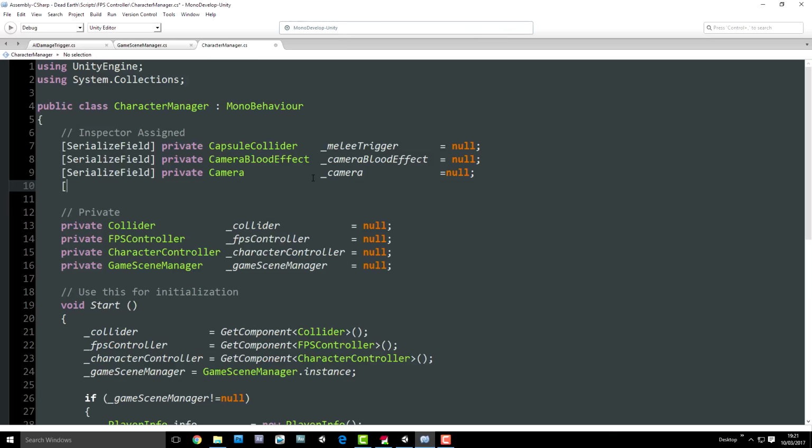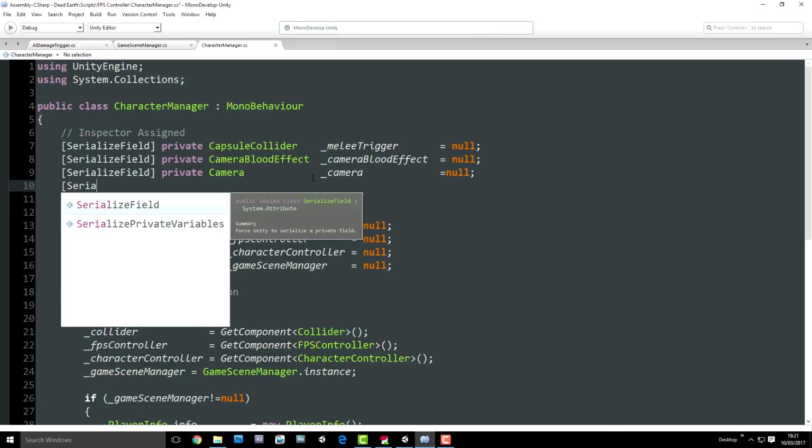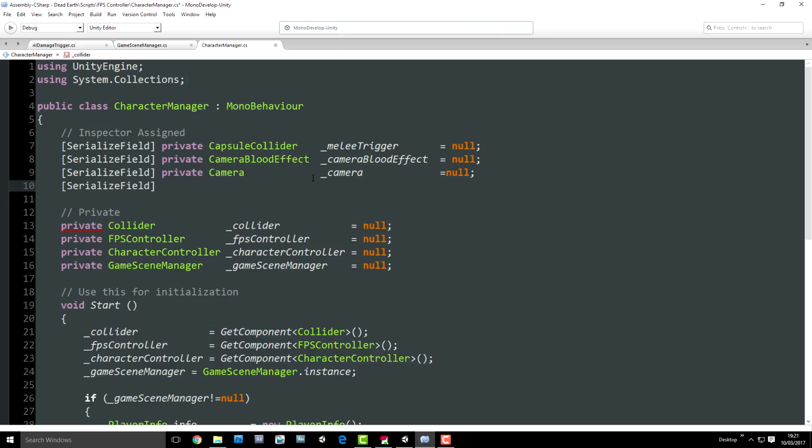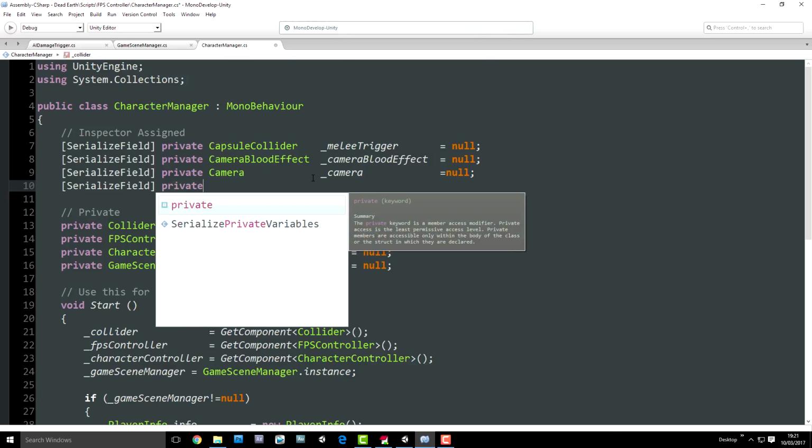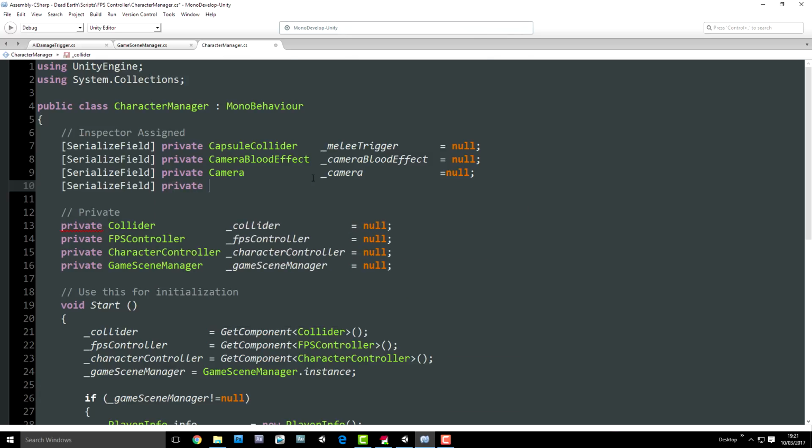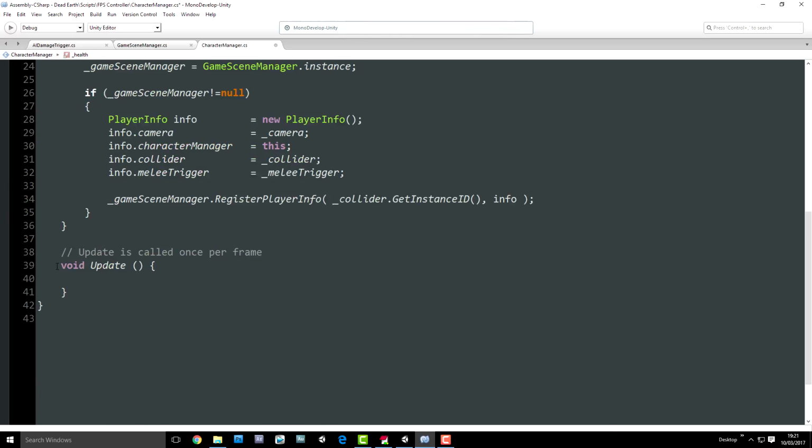And like I said, in the actual game, when we develop our inventory system, it's actually going to be the inventory system that manages the health and things such as infection rate and a few other things. But for now, we will just make it a property of the character manager, because we have not got an inventory system, and we'll set health to 100 by default. So now let's get rid of the update function. We don't need that yet, but we do need a public function,